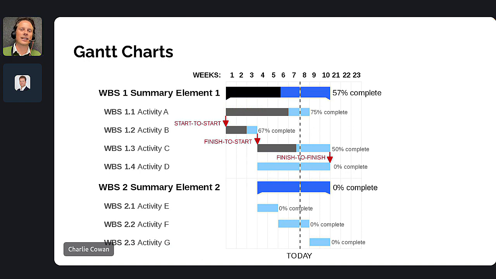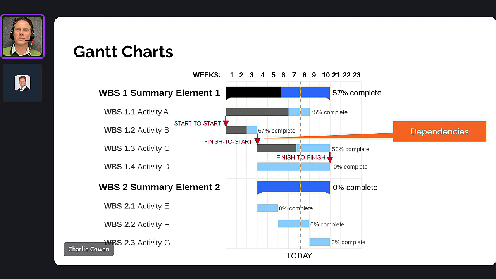The key thing that a Gantt chart introduces is a thing called a dependency. And that is that a certain activity is linked to other activities. You cannot, for example, start one activity until you've completed the other. To give you an example, I can't send a quote to a customer unless I've received the internal approval from my deal desk, as an example.